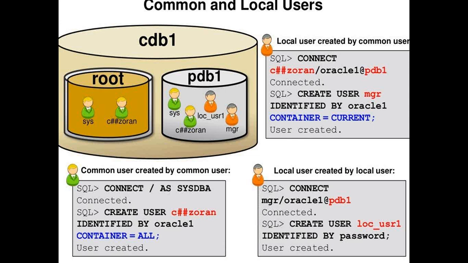So with the help of the TNS entry only, you will be able to log into the pluggable database. If your listener is down, you cannot connect to the pluggable database. So this limitation is there. You are having a restriction: your listener must be up and running, and you must have specified the TNS entry for the pluggable database in tnsnames.ora. Okay, so after firing this command C##Zoran,